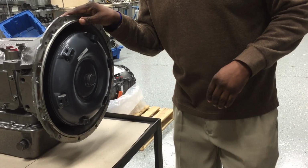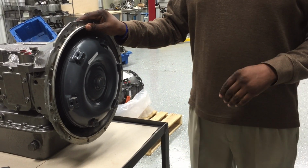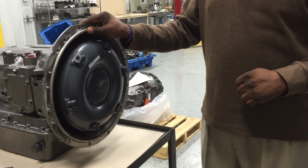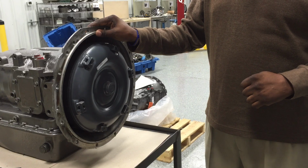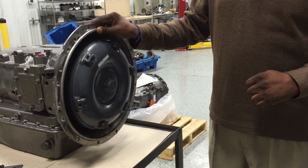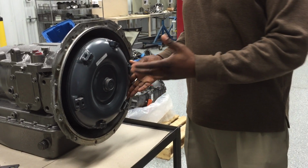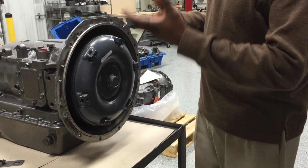I have an Allison AT545 transmission here. I'm going to attempt to show you some of the installation problems that some of you may see in the field. First of all, I'm going to show you the AT545 converter. So when you're installing this unit in your vehicle,